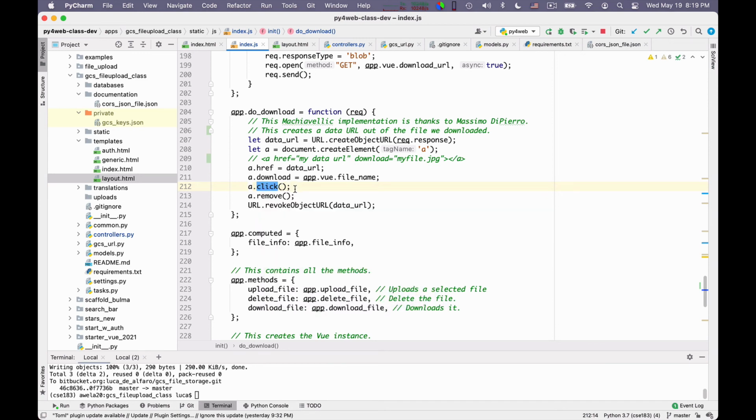And once the dark deed is done and the file has been stored, I clean up. I remove my A tag and I remove my data URL because this is wasting space somewhere in the memory. Incredible, right? This is completely Machiavellian to me. So you create a fake web page element and you interact with it from JavaScript in order to do the download. See, so I find it completely crazy that you actually need this type of code in order to do what you want.